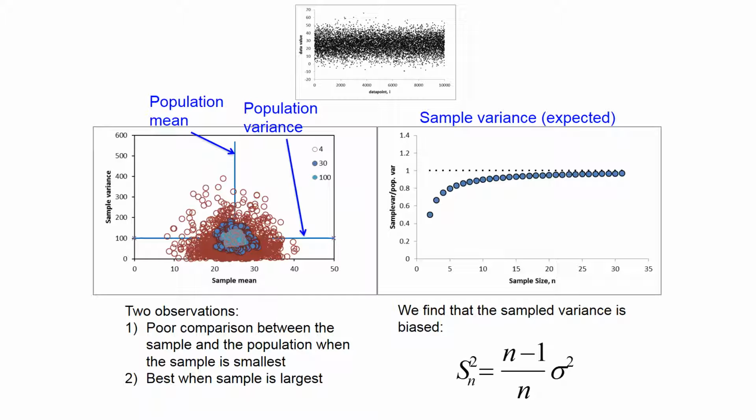Okay, so we want to actually take our measurement of variance and make it systematically bigger to account for this bias. Okay, and the way we do that is with this equation here. And it's actually really trivial. Okay, so if you look at the difference, so for n equals 2, so if you just have 2 samples, our variance is on average half of what it should be. If you look at 3, it's 2/3. 4, it's kind of a quarter. So that gives us a formula, okay,